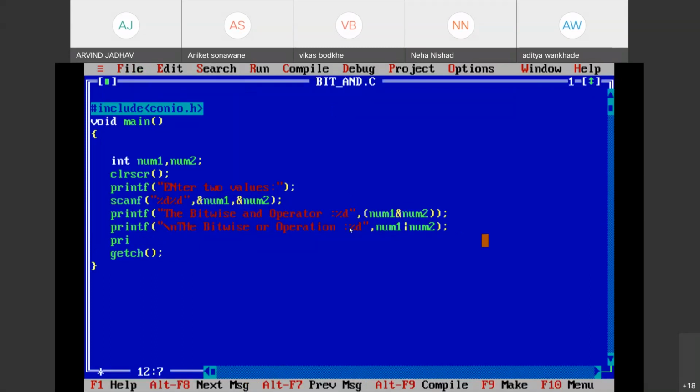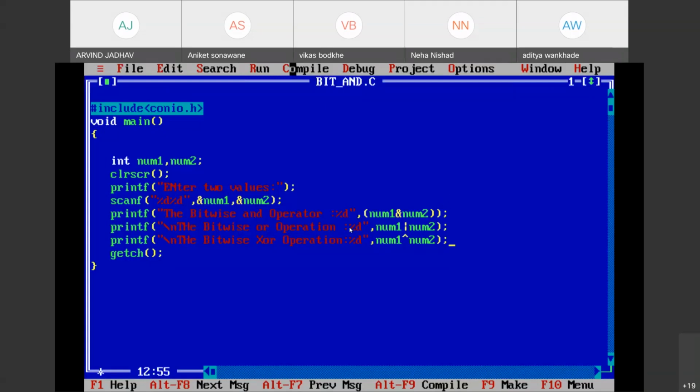Now again I will write printf, in double quotes, slash n, bitwise XOR operation, colon, percentage d, separated by commas, num1 XOR num2.